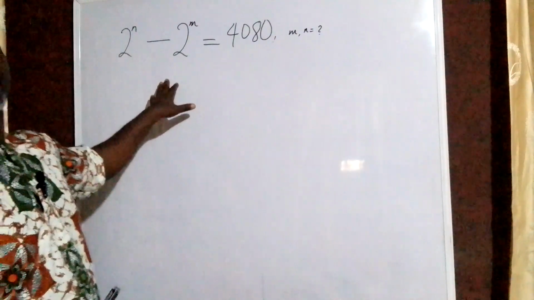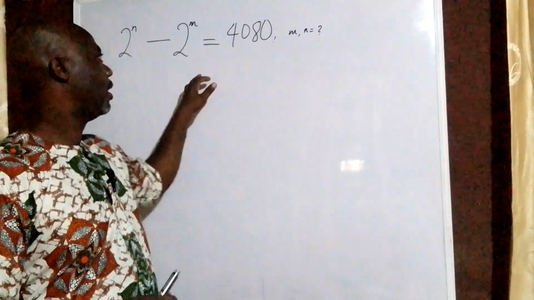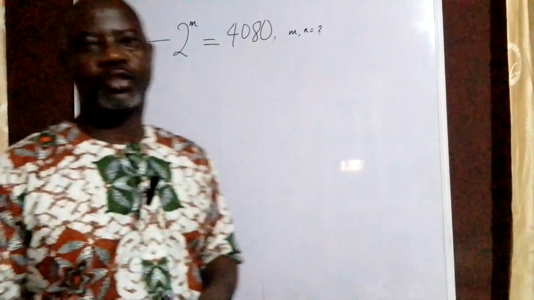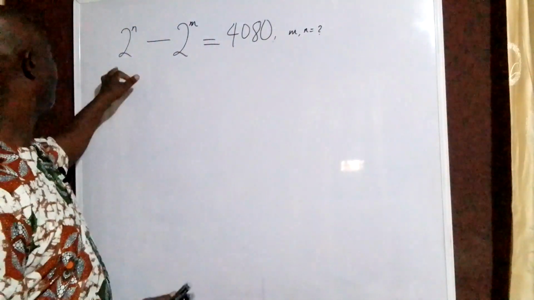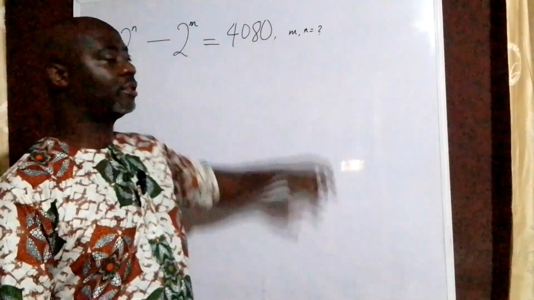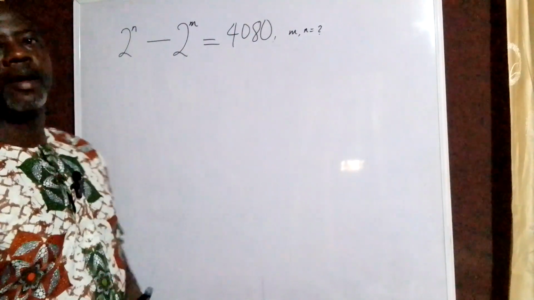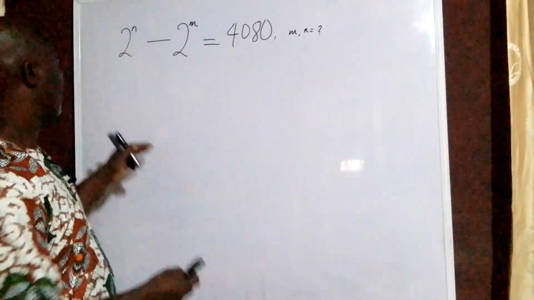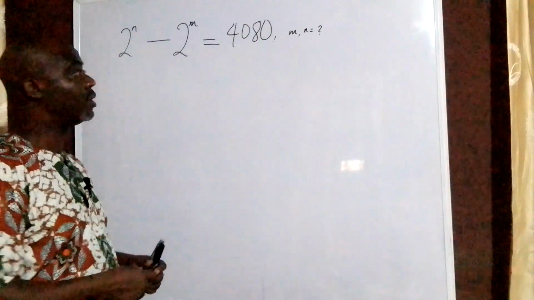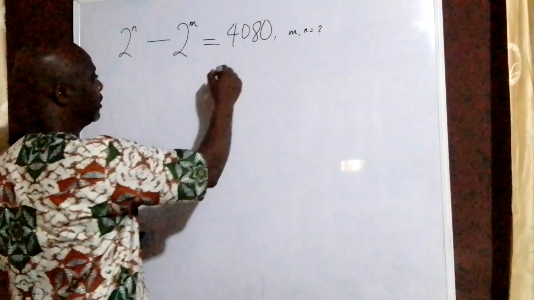Today we have this Olympiad challenge. It's a Spanish Olympiad question where we have 2 to the power of m minus 2 to the power of n equals 4018. So what will be the values of m and n? And of course, I need to quickly explain something: for this equation to be true, the first thing is that